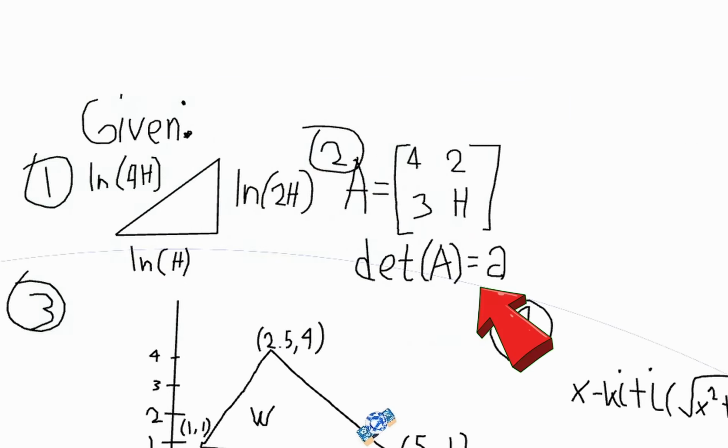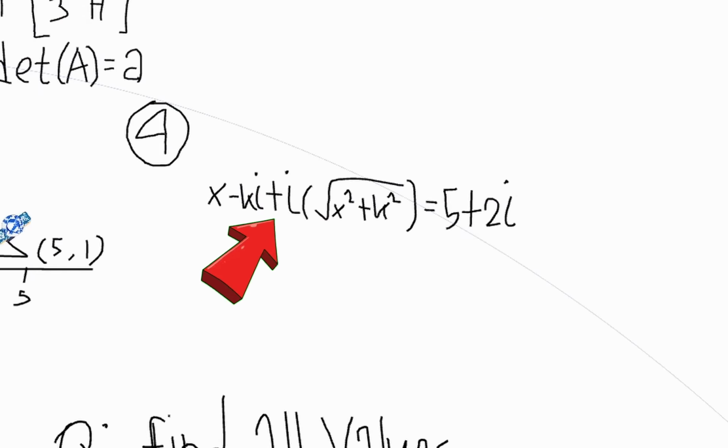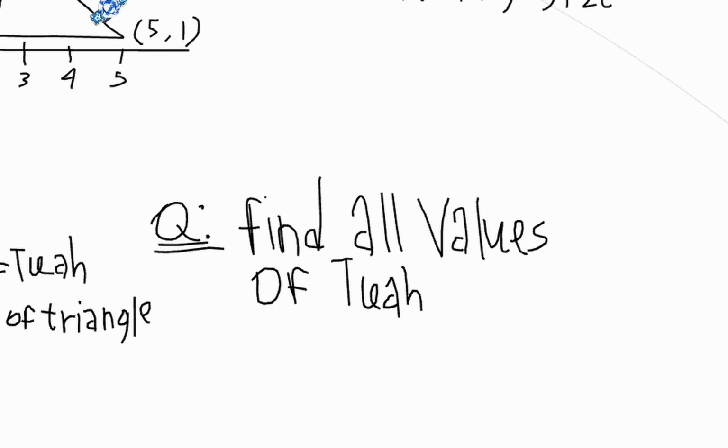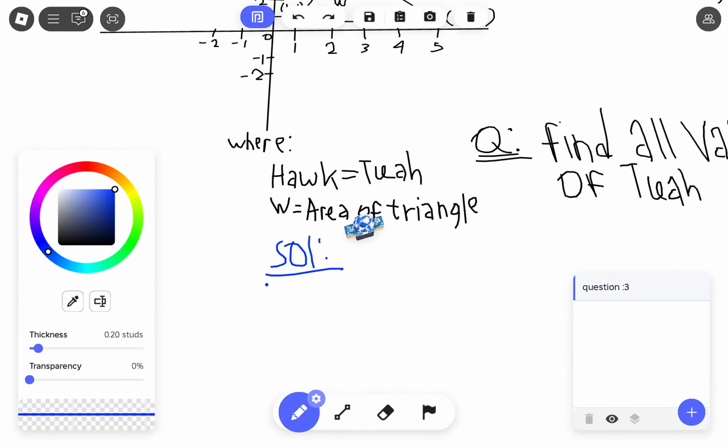This triangle, matrix A where its determinant is equal to a, this triangle whose area is equal to W, and this complex equation, where H equals Tuah, find all values of Tuah. Starting with question 1, to find the value of H, we will use the Pythagorean theorem, namely, A squared plus